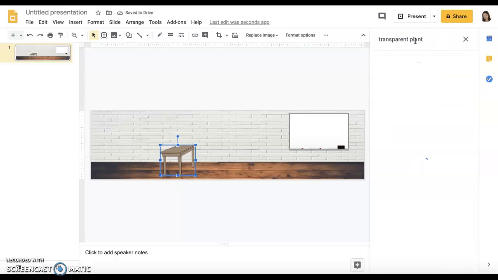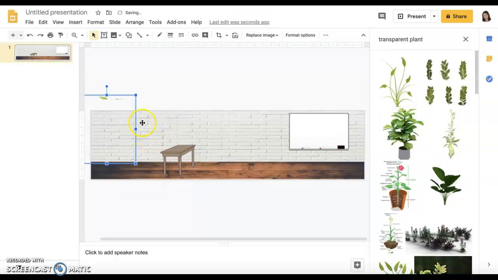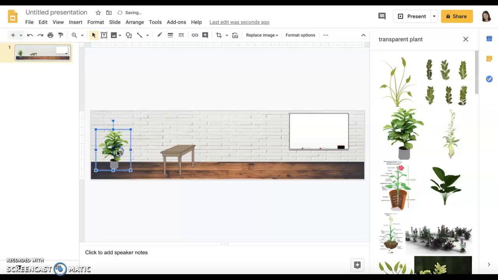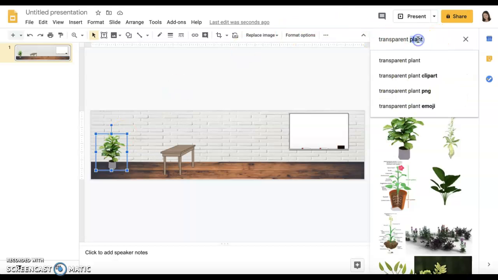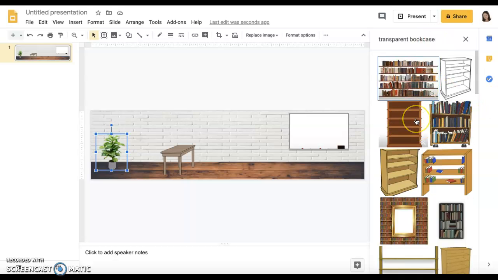If you want a plant or a light, a lamp, a bookshelf, this one is not going to be editable because it's just a header, so you don't have to leave it blank for you to add the icons to have it where the students can click on the classroom. So if you do a bookshelf, you want to make sure that it's one that's already filled with stuff. Like you don't want this empty one because there's nothing for you to put in there for the students to click on. So we want this to be a finished room. So let's go ahead and put all these